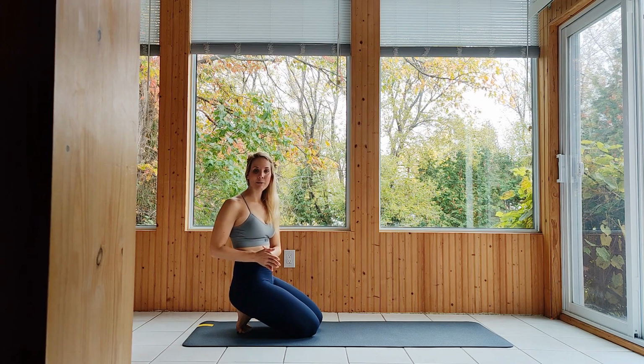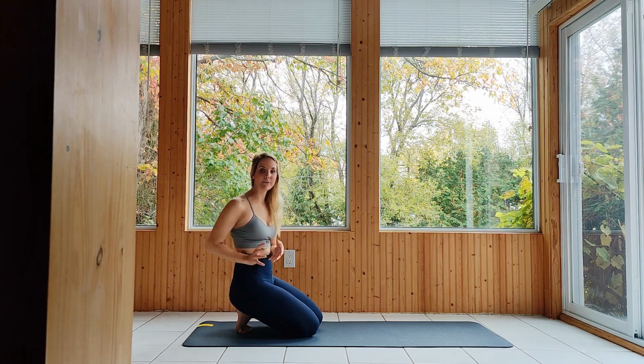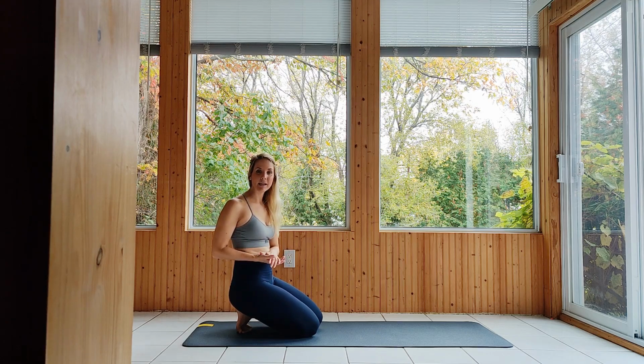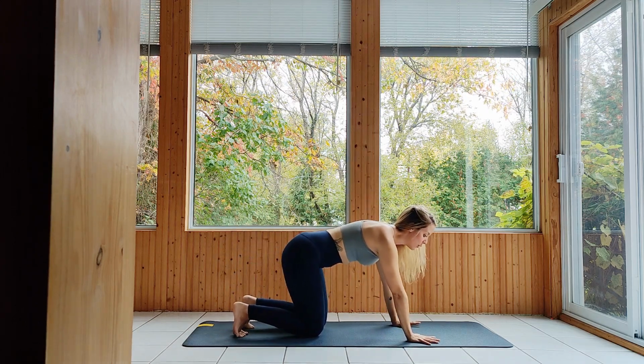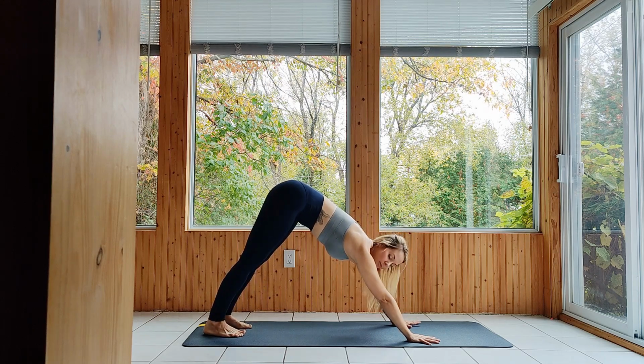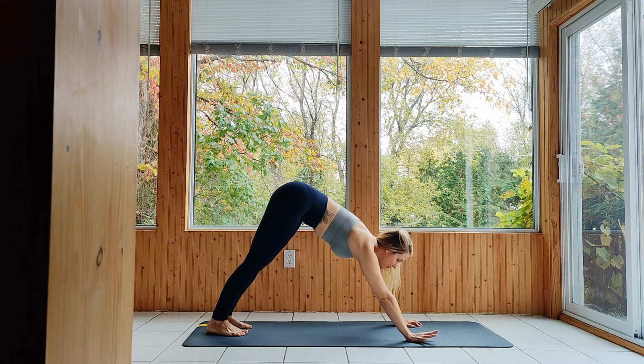I want to break down the movement of stepping through from downward facing dog, bringing the foot forward between the hands. There's a few different ways that we can get there, and there are a few things that you can do to make the movement a bit easier. So from downward facing dog, let's start first by not extending the leg and just stepping the foot through between